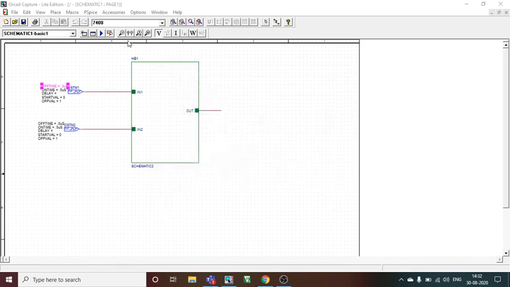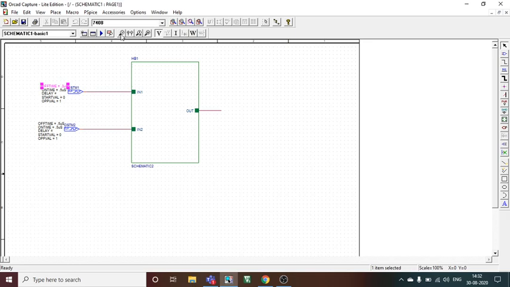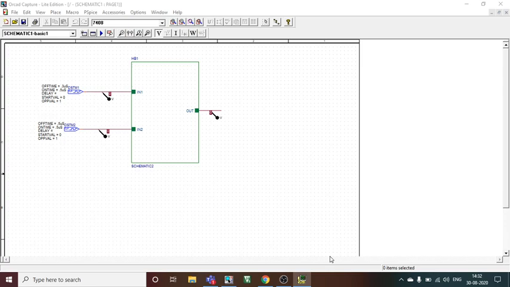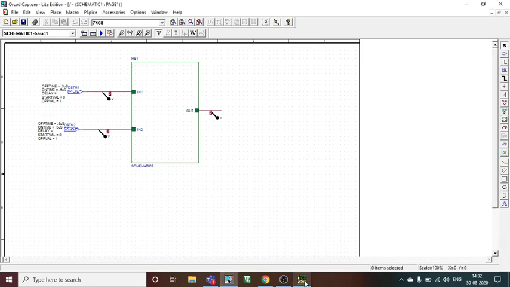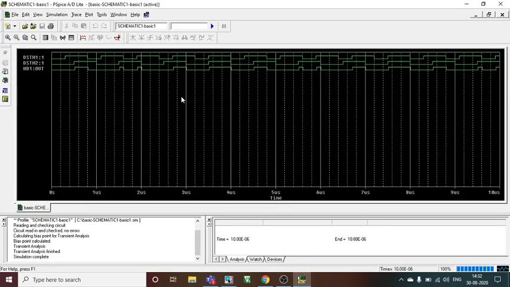Once we press OK, there is a voltage marker option. We will place this voltage marker both at input and output, like this. Once done, end mode, right click and end mode, and then finally you can run this AND gate circuit hierarchical block. I'm pressing this run. There's an arrow, blue arrow. I'm pressing this. Now it is run. When it simulates, again the screen comes at the bottom. It blinks actually. Then you can open it, and once you open it, you will get the output.